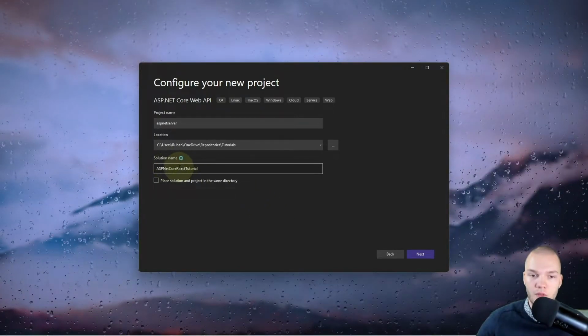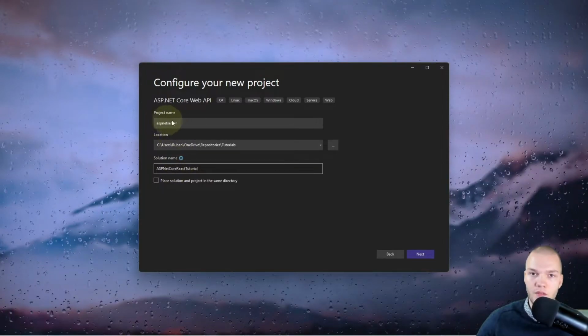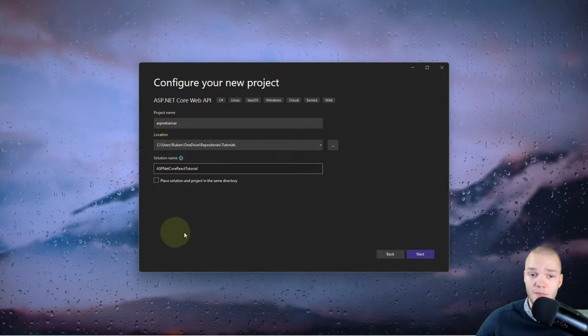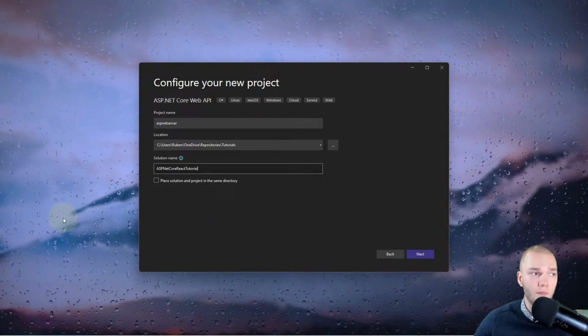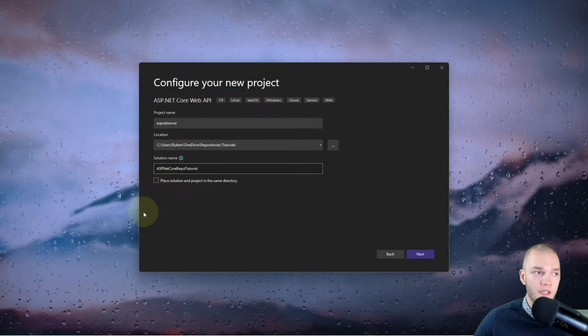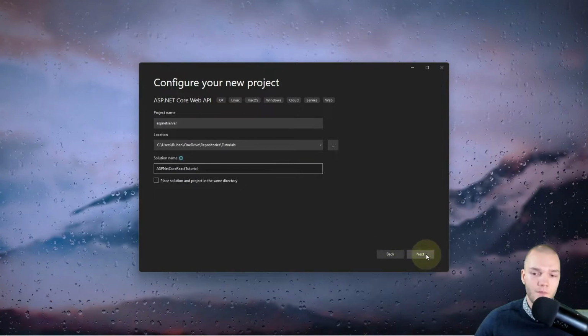Solution name is up to you, but I recommend you use the same project names as me to reduce bugs, and I'm not gonna place them in the same directory, so I'll hit next.